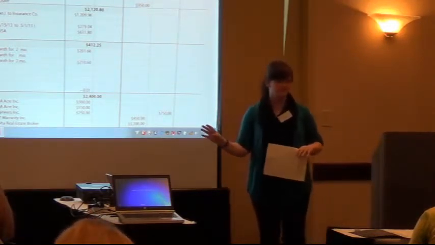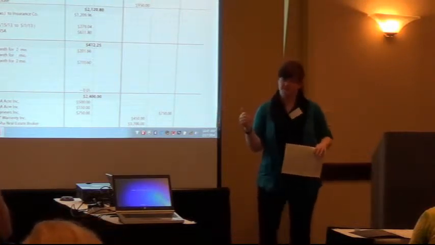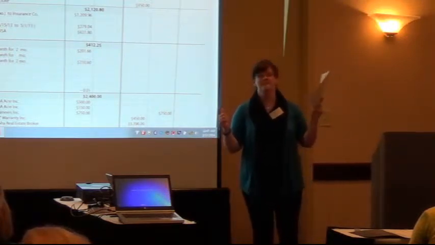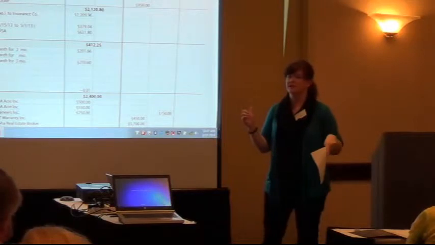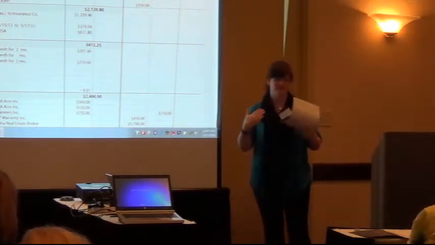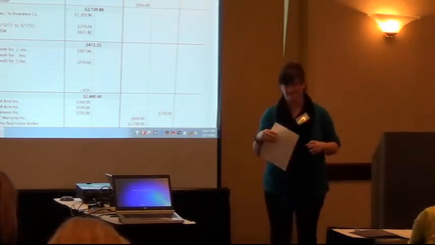However, it's not required to be given to the seller. You can use a different form for the seller. There is a seller version of this that has seller-only fees. You could use a master settlement statement. As long as this is used and given to the consumer, you can actually have another form that you sign at closing as well that's got seller and borrower information. You just have to use this as well.